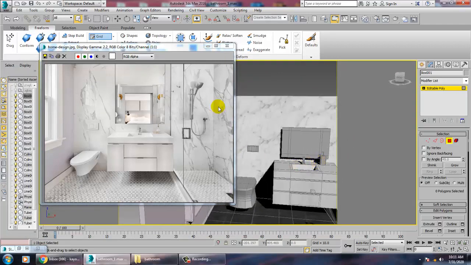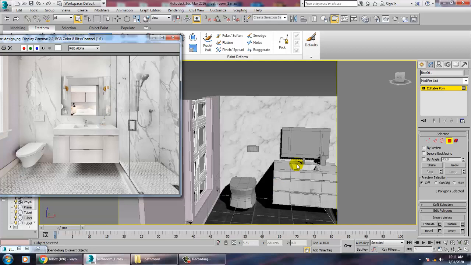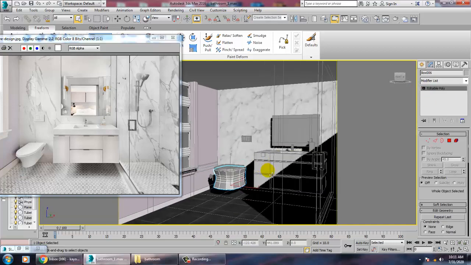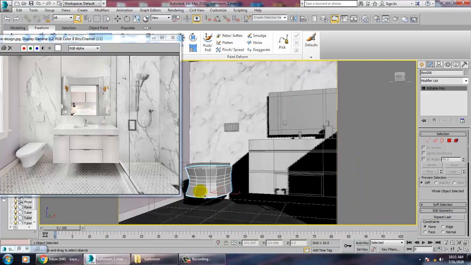Now we also need to create a texture for this, so we can just create a ceramic texture.